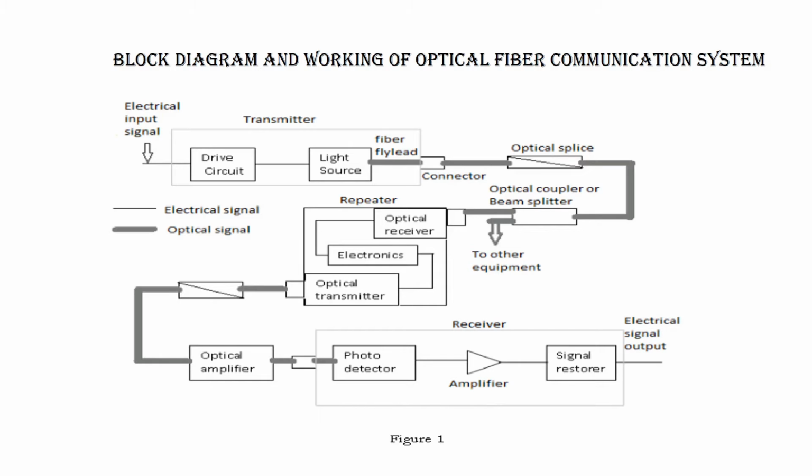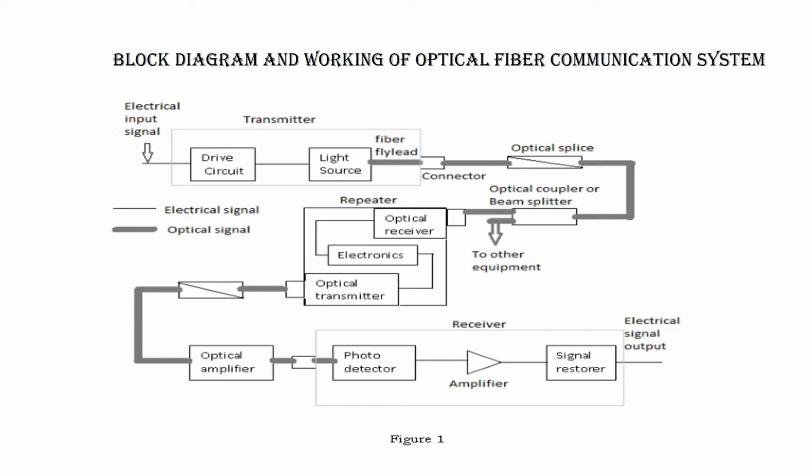When we talk about a communication system, we have an electrical signal that we transmit from the transmitter to the receiver, and the receiver receives the electrical signal. So how is that signal transmitted and how is it received by the receiver? That is the complete process I will be discussing in this session.